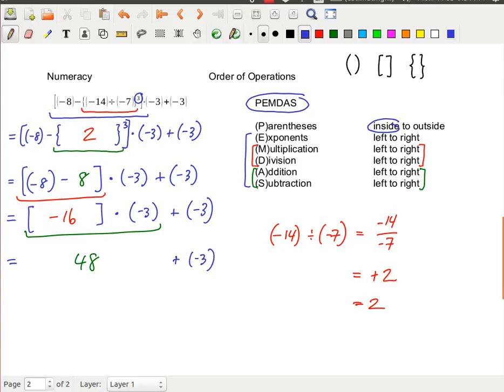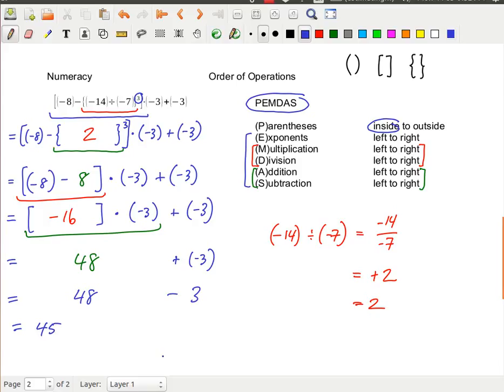If it helps you to write these things to keep them aligned, you go ahead and do that. Just make sure you keep things neat, make sure that things make sense. And our last operation, so I'm ready to get to my final answer here. 48 plus -3 is the same thing as, and I'm going to write an extra line here, 48 minus 3 plus -3 is the same as subtract 3, and that is, of course, just equal to